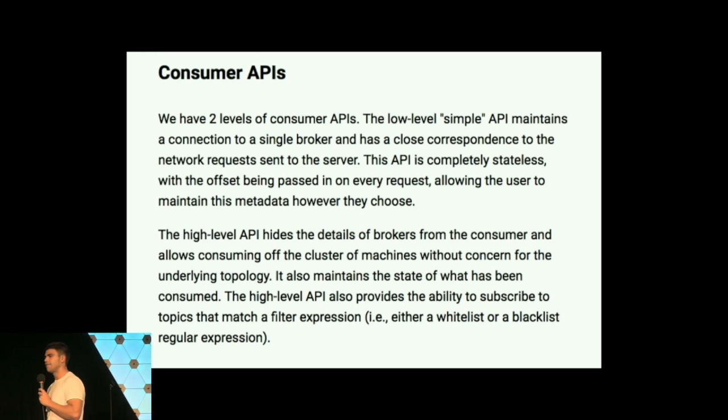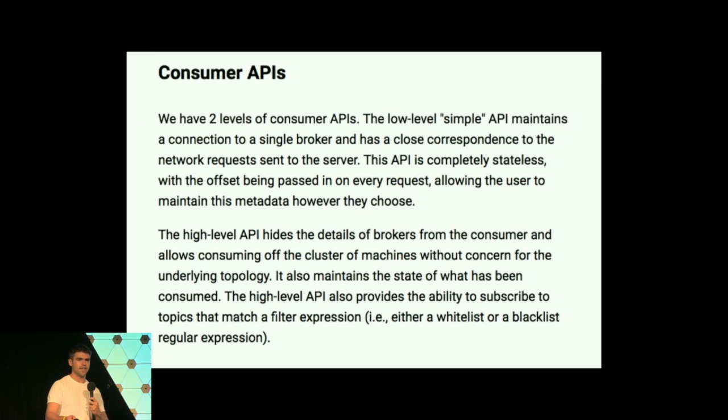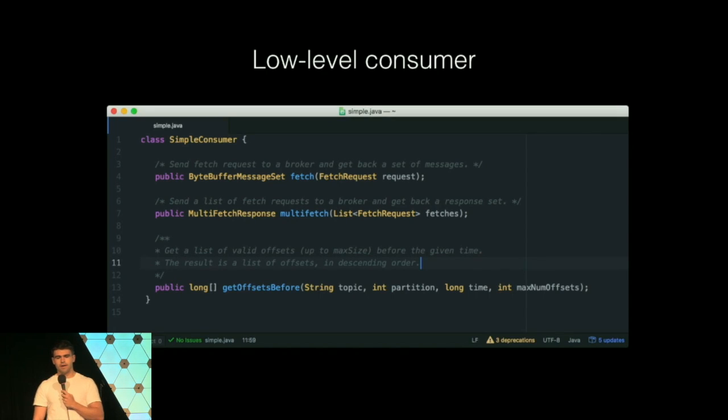Now, actually in Kafka's documentation and spec, they keep 2 separate consumer APIs. One is the high-level API, which hides a lot of the state and transfer from clients. And the other is the low-level API, which you can use if you want to get at raw offsets or bytes. And the way this actually works in practice is that you might have a simple consumer here,